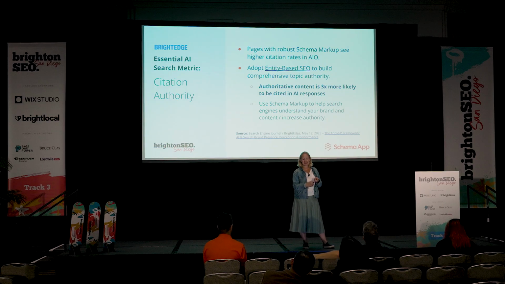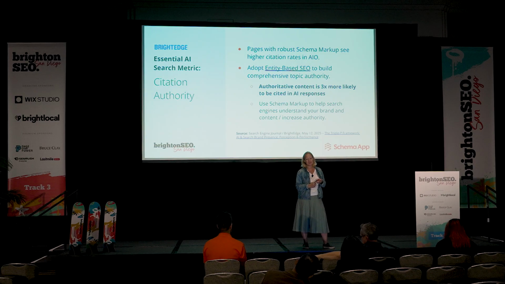Now, I always like to cite research. So BrightEdge did some research to ask, so what? What about entity SEO? How much difference does it make? They found that not only did robust schema markup get you more AI overviews, but when you did entity-based SEO and did really good work identifying entities within your schema markup, authoritative content showed up 3 times more often in AI responses. Now, the world is constantly changing, but we constantly get evidence from our enterprise clients that